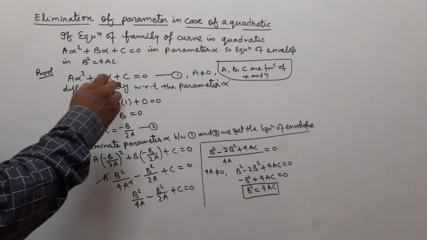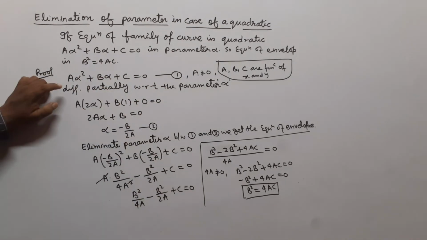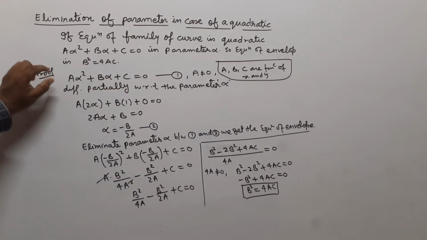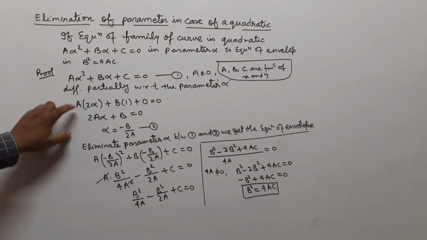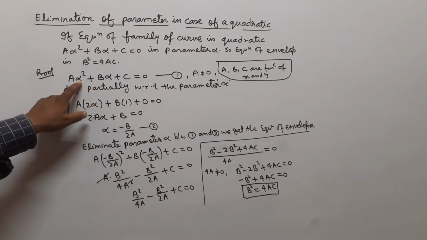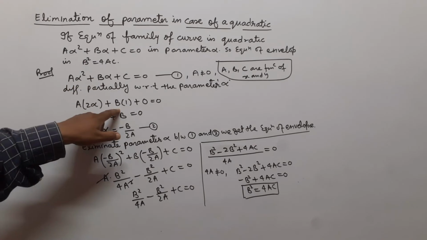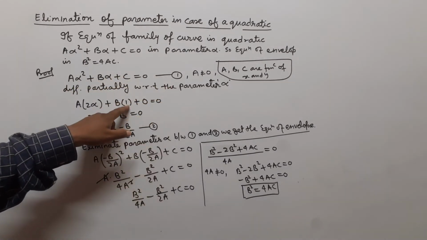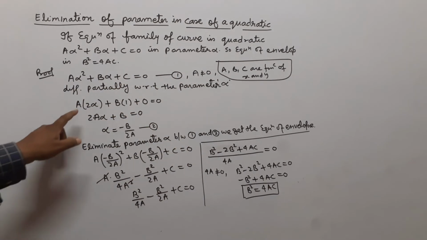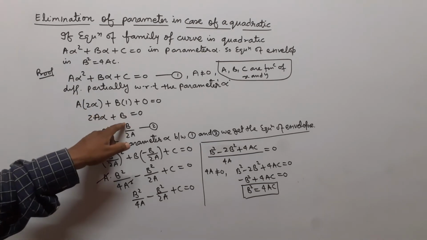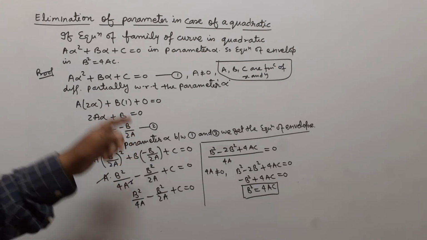So first we find the equation of envelope of this family of curves. We differentiate this partially with respect to the parameter alpha. So a is constant with respect to alpha. Differentiation of alpha square with respect to alpha is 2 alpha. Here b is constant and differentiation of alpha with respect to alpha is 1, and c is constant with respect to alpha, so differentiation of c is 0. Now this can be written as 2a alpha plus b equal to 0. Now find the value of alpha, so alpha can be written as minus b upon 2a.